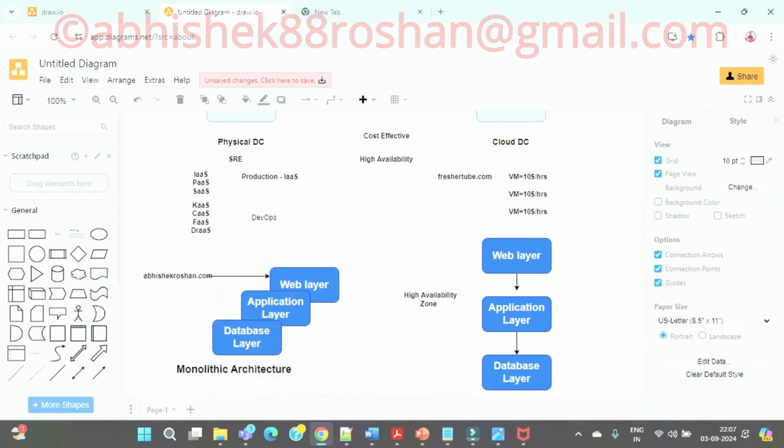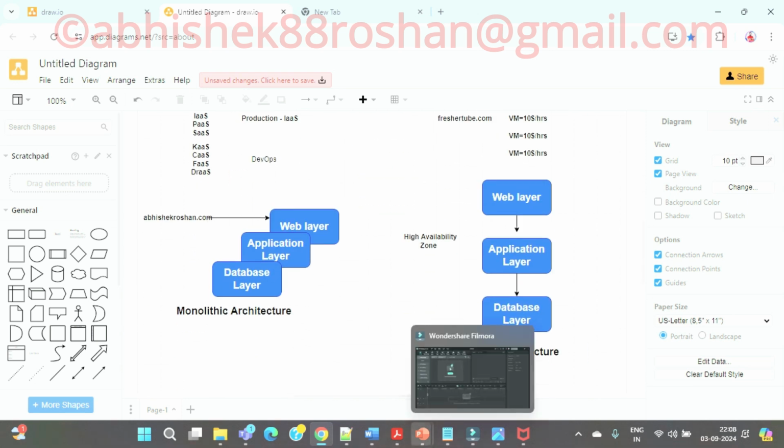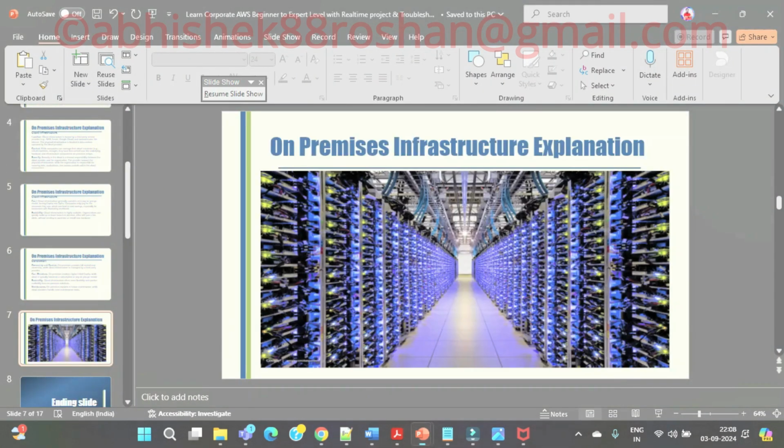I am able to tell you all these things because when I said all 14 applications we migrated to the GCP cloud, there we had to refactor each and everything. We were not rehosting, we were refactoring, which means we have to see each and every integration: how the web layer is integrated, how the application layer is integrated, how the database layer is integrated in the properties file of the code, how SSO is integrated, how authentication will be happening. Those things, right, guys?